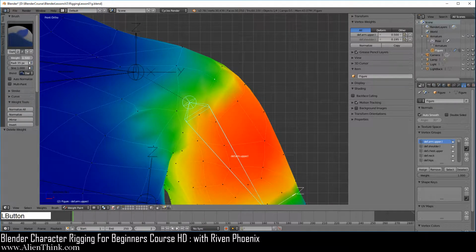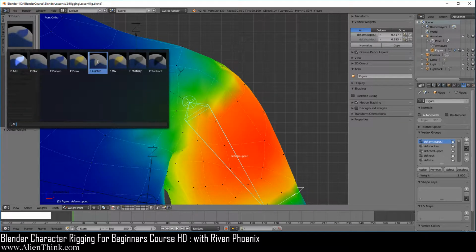So if we go down a little bit more and if we click this, it will keep bringing that value down. Okay, but if we go above this number that's over here, such as 600, and when we click it, it's not going to do anything. So it only works when the starting value of your vertex needs to be below that number basically, and then it will start to bring it down.